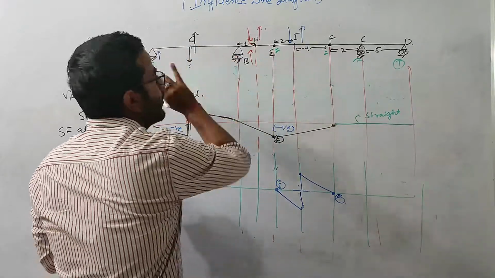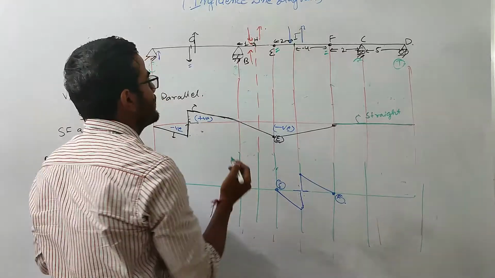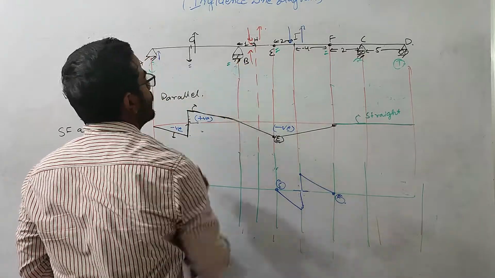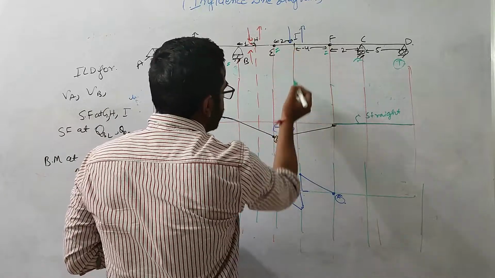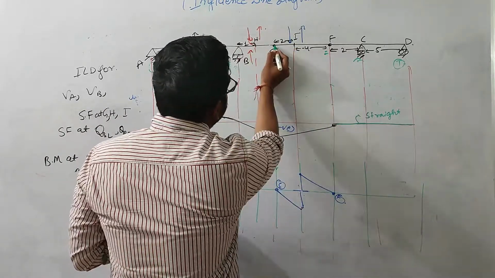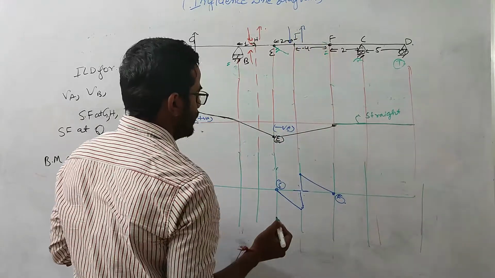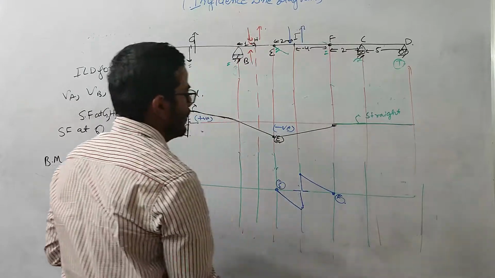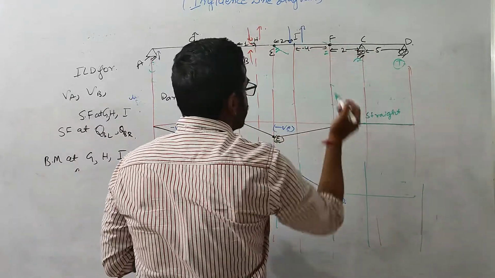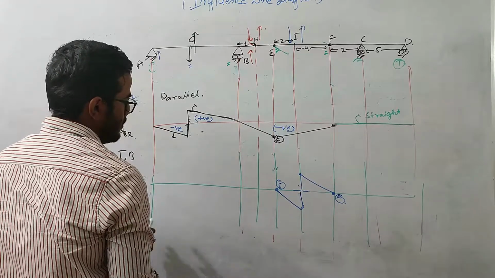Okay, this won't move upward or downward because it should remain straight, but it can't remain straight because it is restricted by these two supports. So at this point, when we are applying the shear deformation at E, this portion will come down like this, and this portion will move upward along the shear force. And beyond that, if the load is acting at this portion, the shear force at I will be 0.